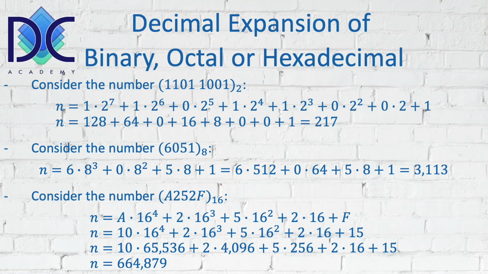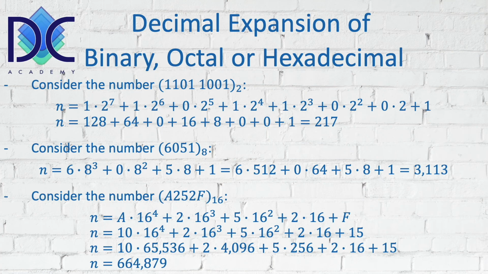So basically we have here the number, and there is a small error in it. I have A252F, not A257F like I said before. I read it wrong. So now we have n is equal to 10 times